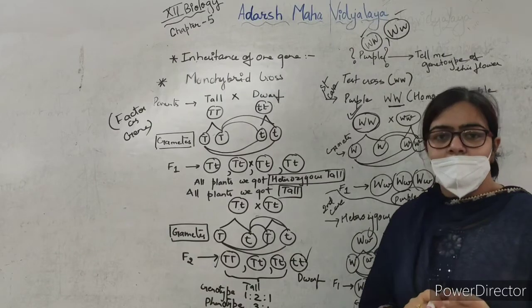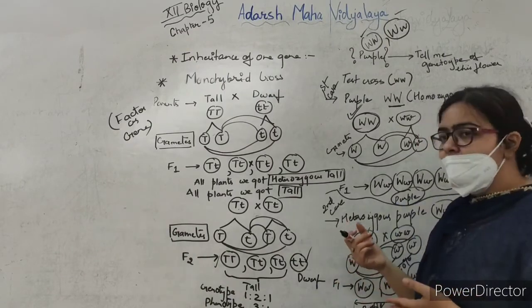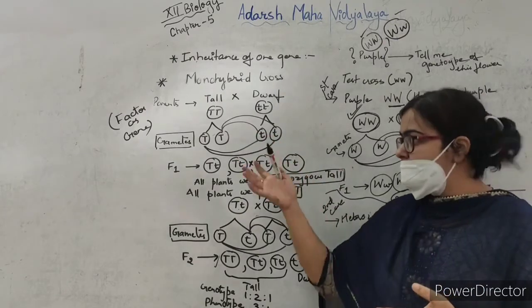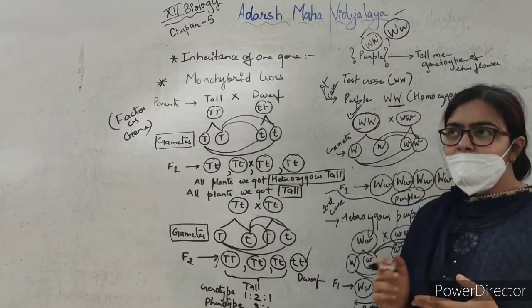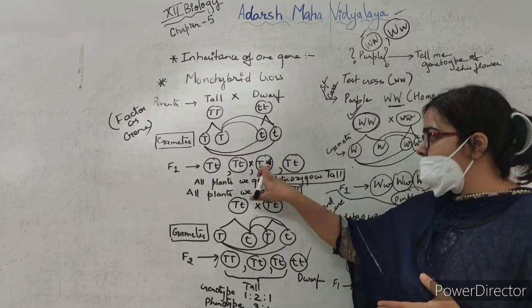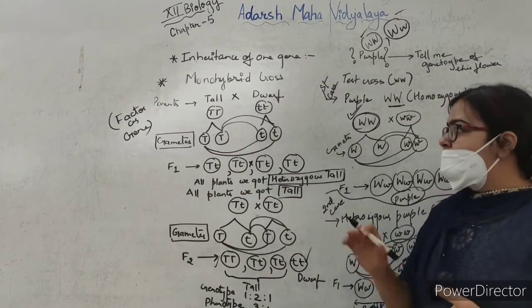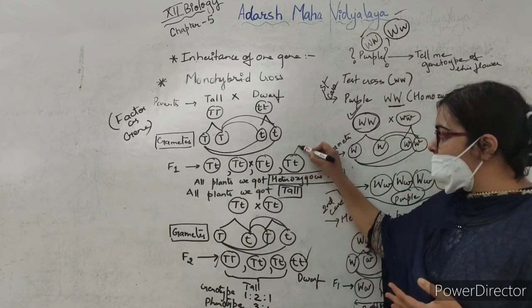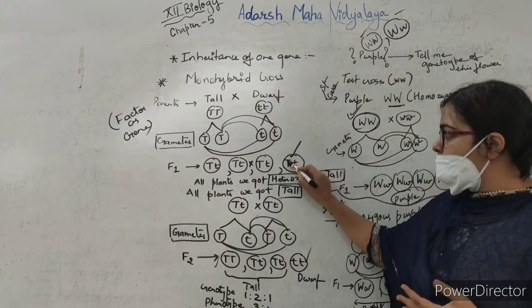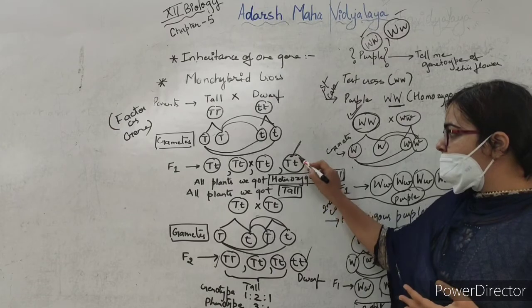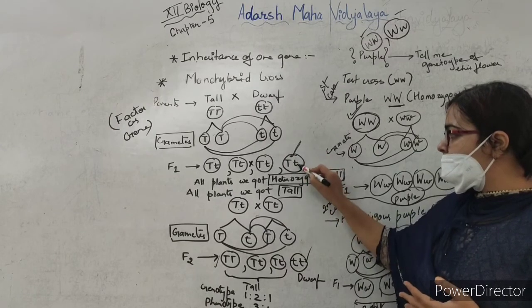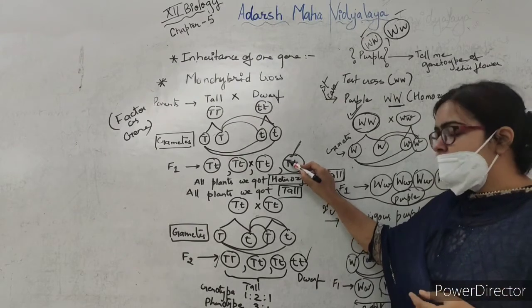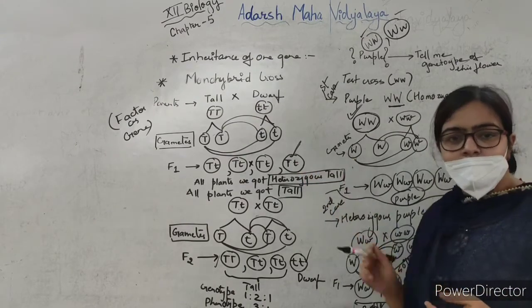Okay, so from the monohybrid cross, Mendel devised the law of dominance and the law of segregation. The law of dominance says that the characters are controlled by discrete units which are called factors. Now we call them genes. Second, factors always occur in pairs, as you can see here. And third, when we talk about a dissimilar pair, one character will dominate the other; it will not allow the other character to express itself. So the one which expresses itself is the dominant character and the other one is the recessive character.